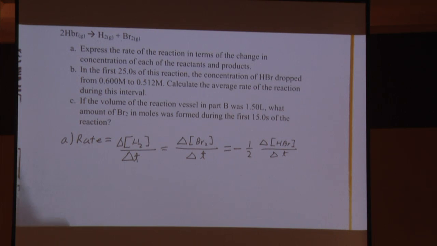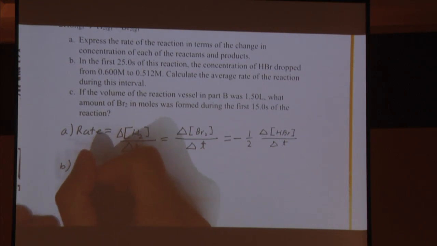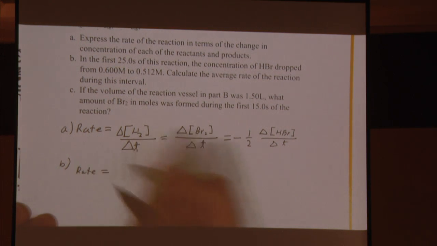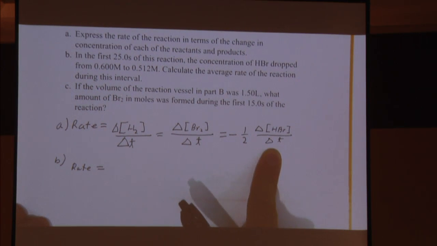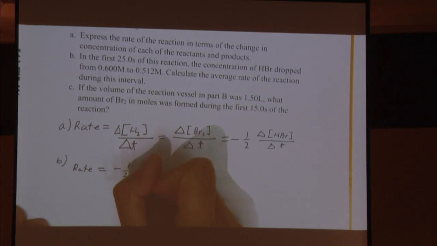And so for B, in the first 25 seconds of this reaction, the concentration of HBr dropped from 0.6 molar to 0.512 molar. Calculate the average rate of the reaction during this interval. We can use this formula right here to help us out. So it's just negative 1/2